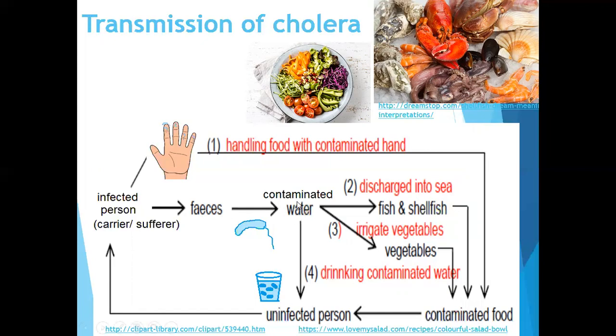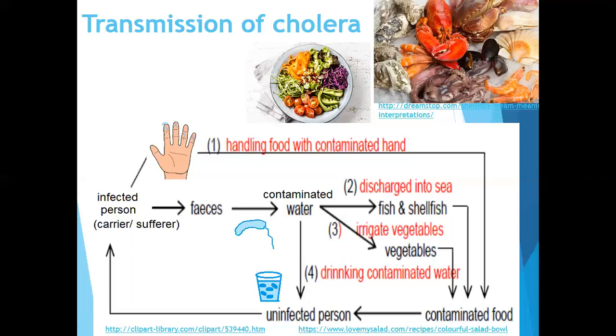All right. So when this water contains Vibrio cholerae, it may be discharged into the sea, so the fish may pick it up, the shellfish may pick it up. The shellfish are the fish that contain shell, either outside the body or inside the body of this aquatic organism. So like prawns, shrimps, crab, oyster, and squid. Squid has got shell inside the body, so all of them are shellfish. So they may pick up the bacteria, and let's say if you eat them raw, of course the chances of